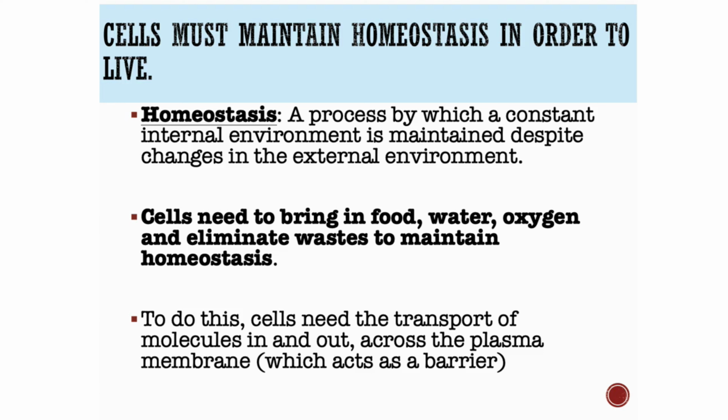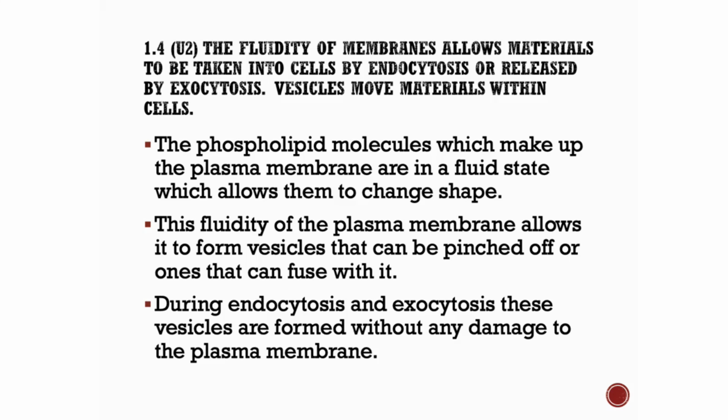Cells need to bring in food, water, and oxygen, and eliminate waste to maintain homeostasis. To do this, cells need to transport molecules in and out across the plasma membrane, which acts as a barrier. The phospholipid molecules which make up the plasma membrane are in a fluid state, which allows them to change shape. You know from the previous lesson that there are hydrophilic phosphate heads and hydrophobic hydrocarbon